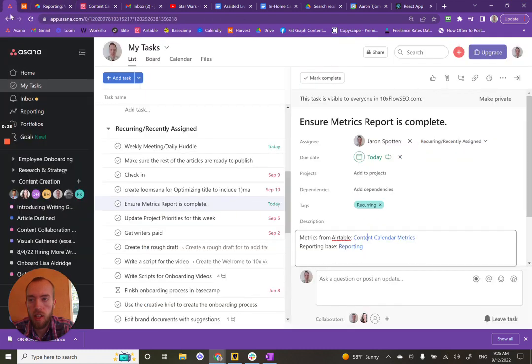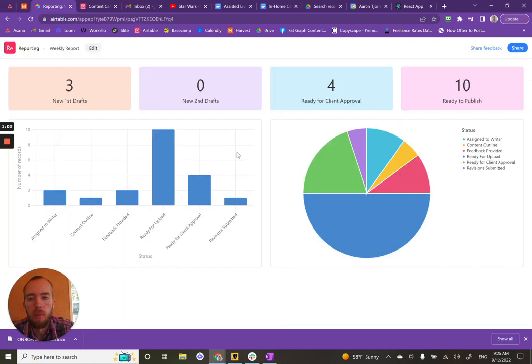So we have our Asana task for ensure the metrics report is complete, and you'll only need this part. So we'll need the metrics from Airtable, and you can click to follow that link, and it will bring you to this